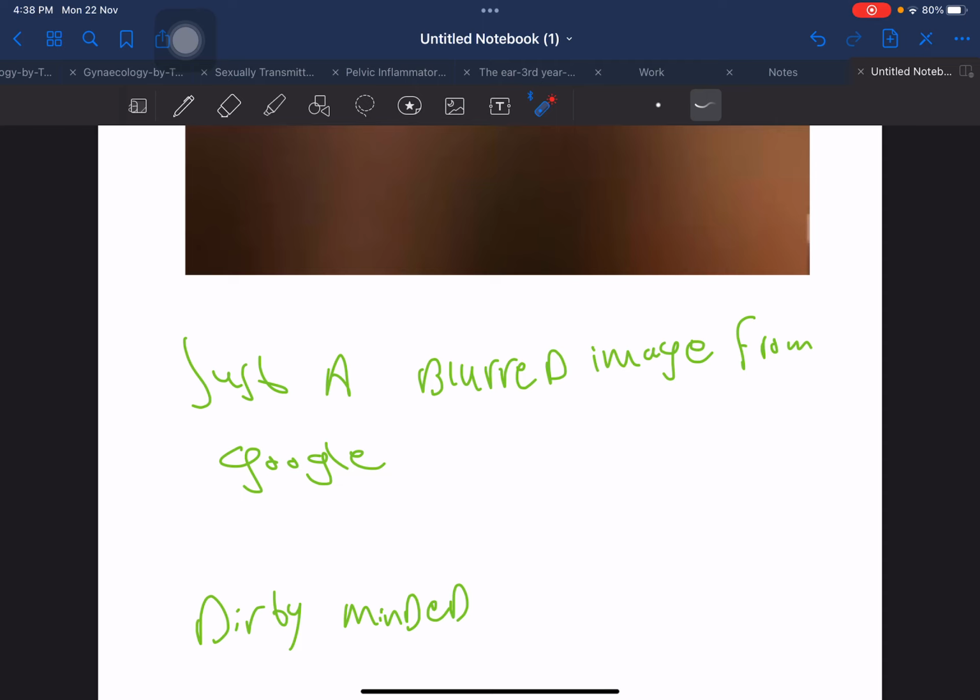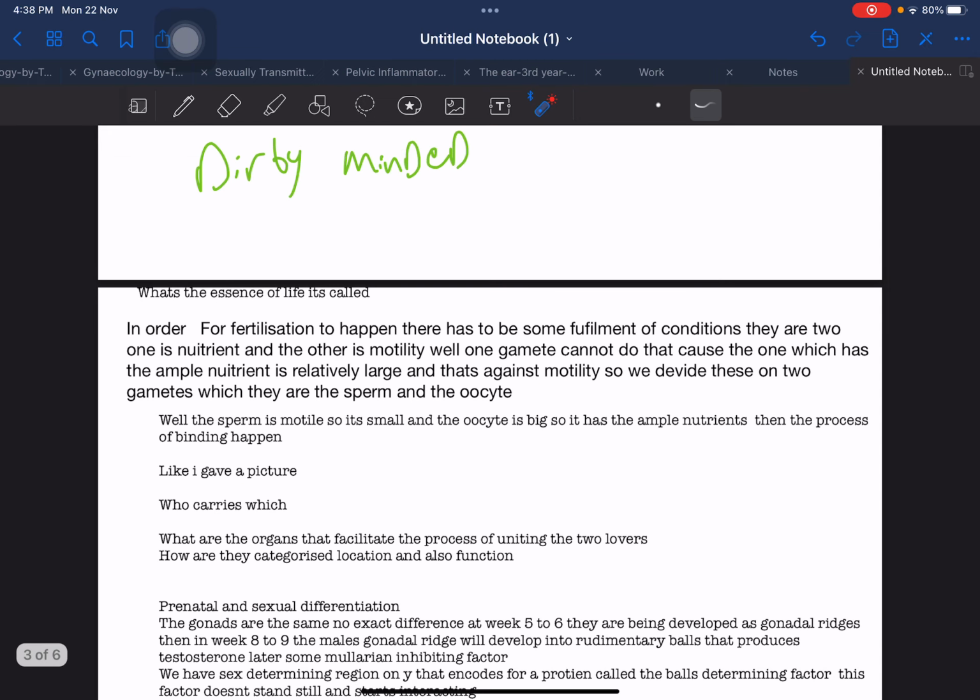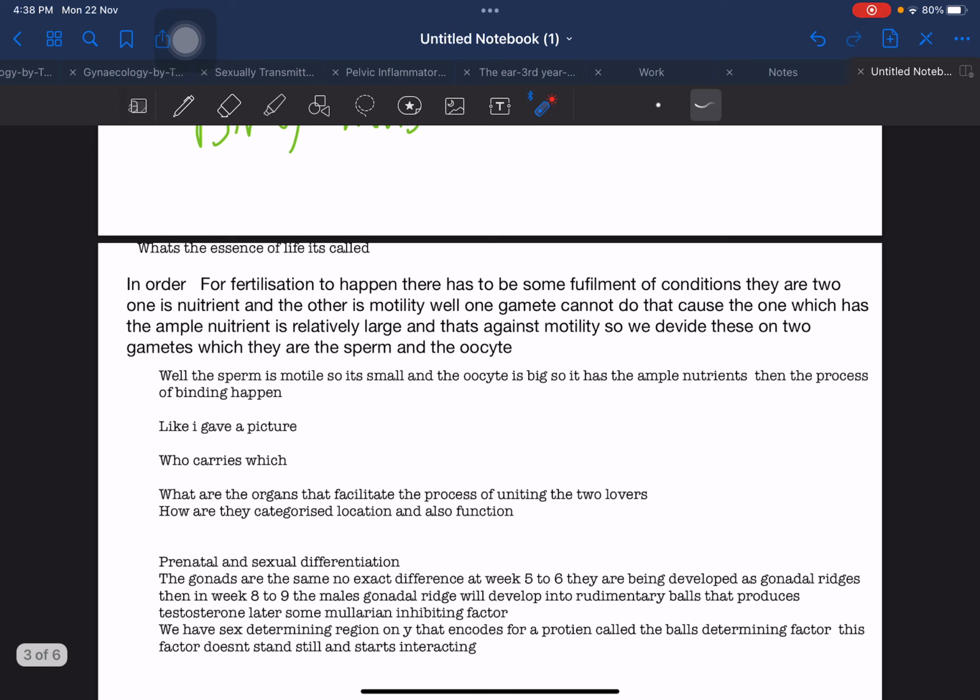So now let's get back to the sperm and the oocyte. Let's talk about the conditions for fertilization to happen. What are the characteristics these gametes need in order to unite, to be lovers? So they have to be motile and have nutrition for the embryo. But motile and nutrition. Okay, if the cell has nutrition,